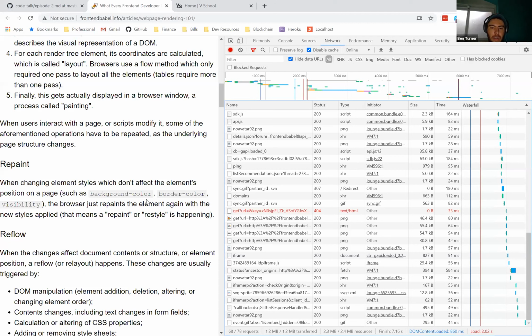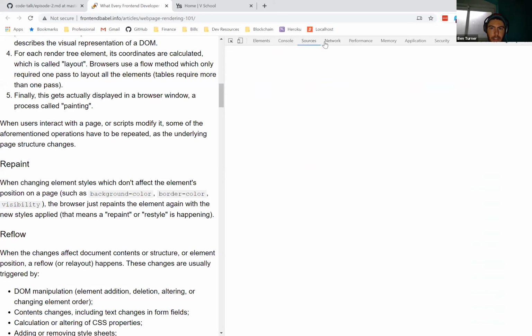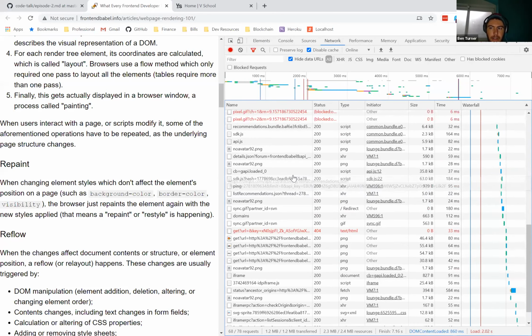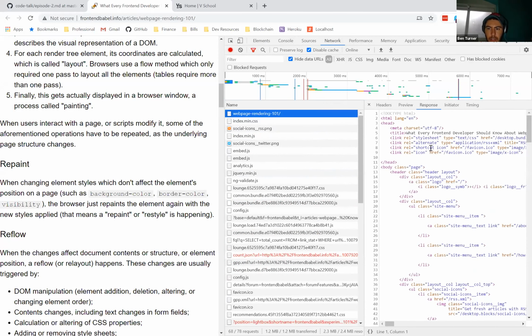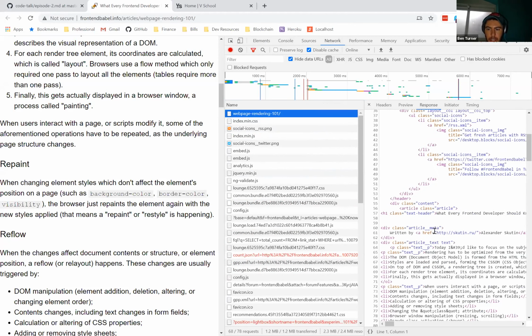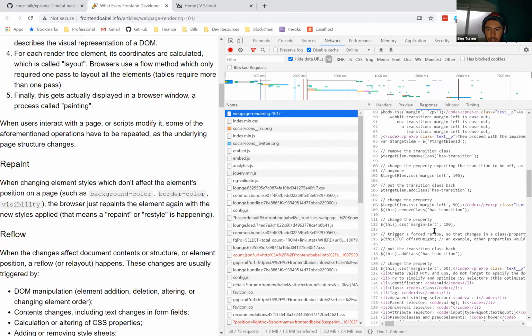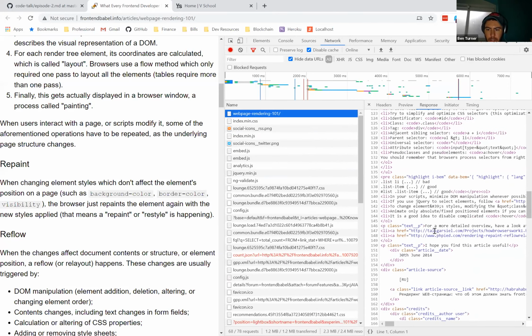So one part that can be kind of confusing though about this is, okay, well, where does the JavaScript come into play? Well, when the browser sees a JavaScript file, so for example, let's go to the network and look at the HTML file that we were given. Okay, so let's go ahead and try to find a script tag. It's probably at the bottom somewhere. Let's find the very first one.